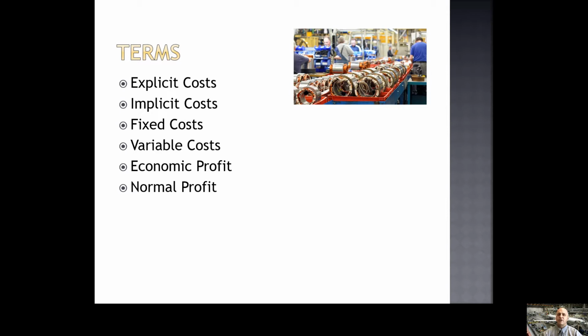There's also a difference between what's known as economic profit and normal profit. And this is mostly due to the fact that economists will look at both explicit and implicit costs. All of those costs matter to an economist because they represent an opportunity cost, a trade-off. Accountants often don't include implicit costs because they're indirect, but economists want to focus on opportunity cost, the full cost that's being traded off. And so we make a distinction between normal profit and economic profit.